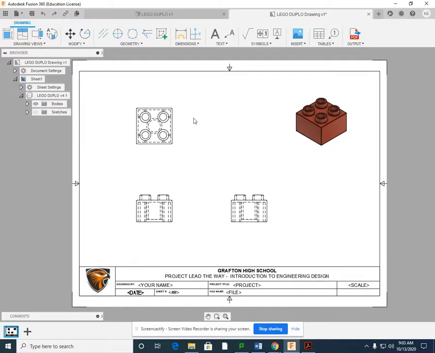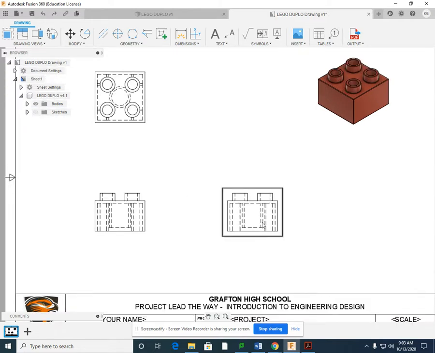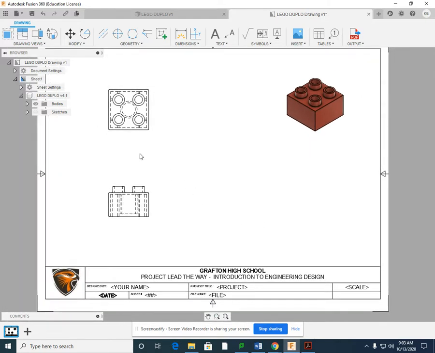Now that I have my views placed in a drawing, I'm going to create more views. We learned through our dimensioning techniques that we're not allowed to, or it's a bad habit, to dimension two hidden lines. We're going to eliminate then our right side view. So far, we've used the projected view to use our front view to project a top, a right, and our